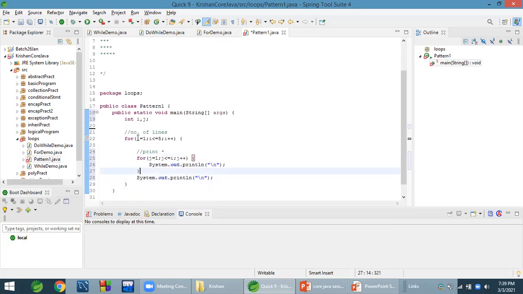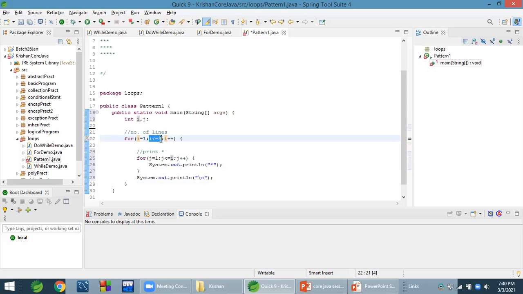What will happen here? i equals 1, the condition will be true. Here j equals 1, 1 is less than or equal to 1, yes, it will print a star. Here write star, it will print 1 star. Then it will do j plus plus, j will become 2. Is 2 less than or equal to i? No, it's false. Then it will come out of it and go to the next line. Now on the next line we want to print 2 stars. After this, the outer for loop body ends, then it goes to i plus plus and makes the value of i 2.